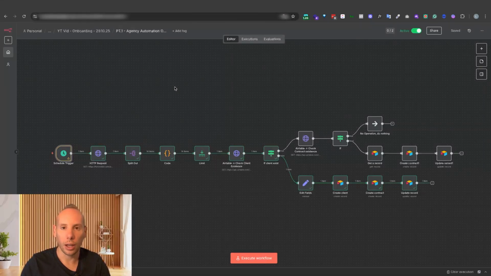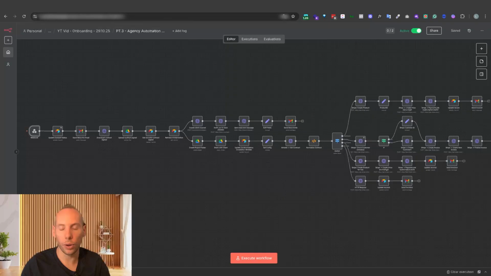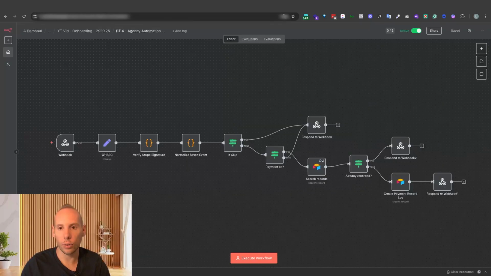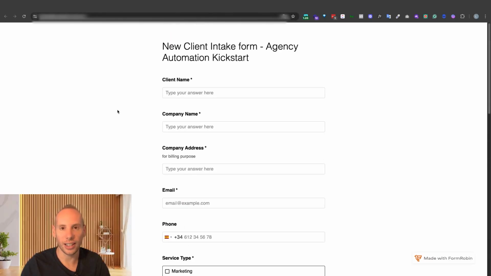Okay, so each workflow is linked to a specific section, as we saw previously in the diagram. This is workflow number 1, this is workflow number 2, this is workflow number 3, and this is workflow number 4. These workflows are production ready, and as you can see are all active, so they are listening and waiting for us. So let's start. But before we start the live demo, I would like to show you how long it takes